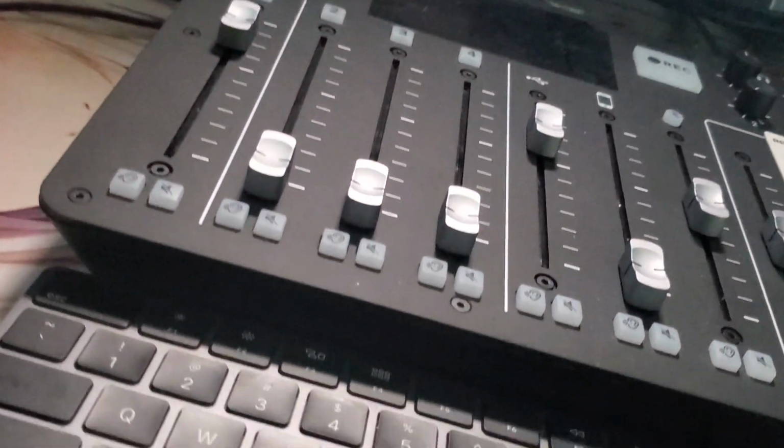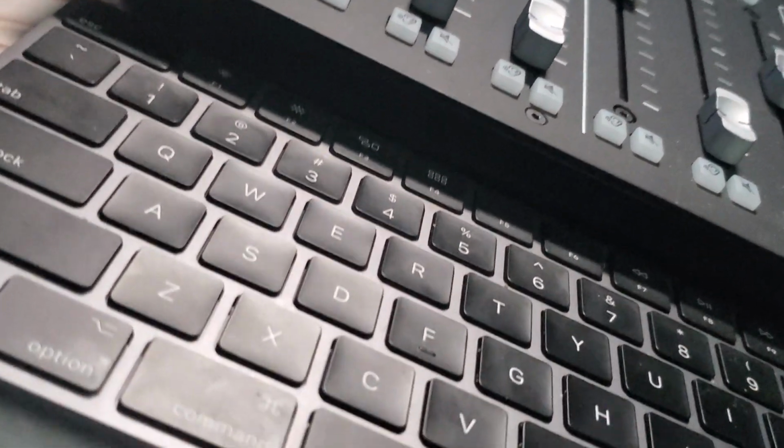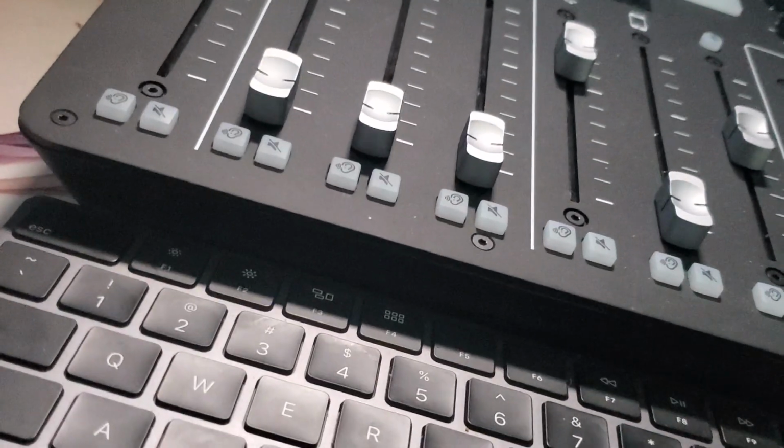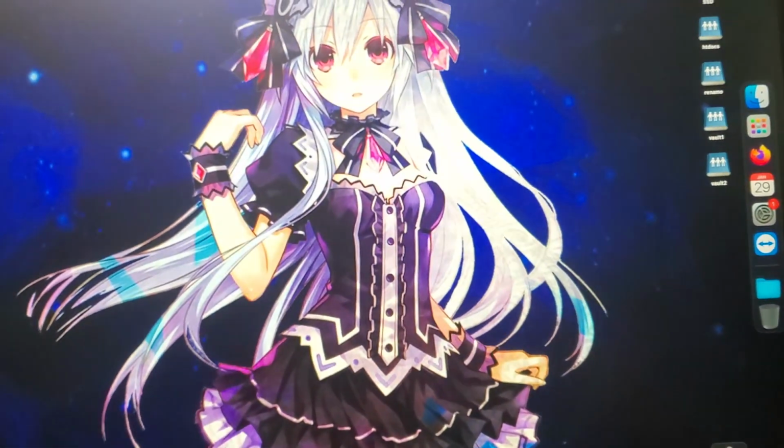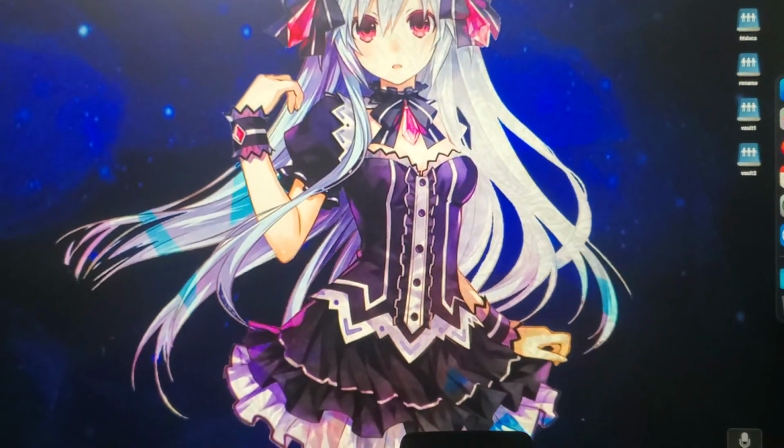If I need to unrack stuff, because if I need to take the Switch out and go, I can just pull it out and redock it there. And this is my 34-inch